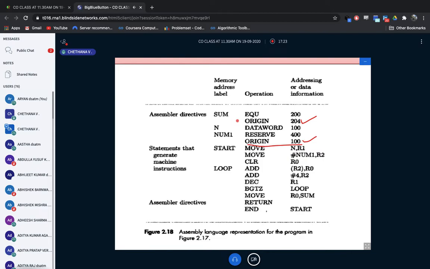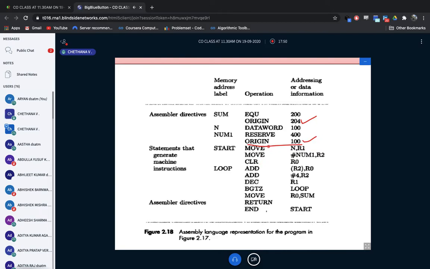First origin is, suppose in a simple example, your higher level C program you write now. That C program will be stored in the memory with the starting address 204. But after compilation, it will be converted into machine level language, right? So that code will be stored in which memory address? That address is origin 100. Now I think you are clear about what is first origin and what is second origin.